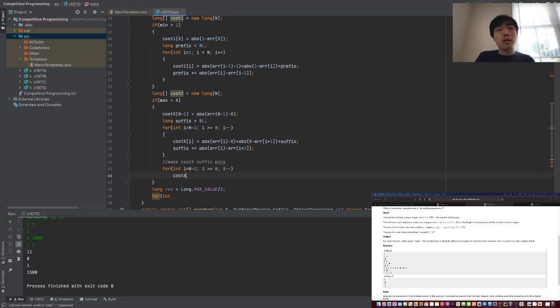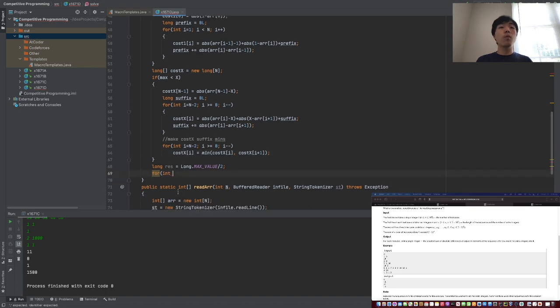So cost at x at I is equal to the min of itself, where it's I or later. It's after I basically, and then we do min at cost at I at x, something like this. And so for each integer value,